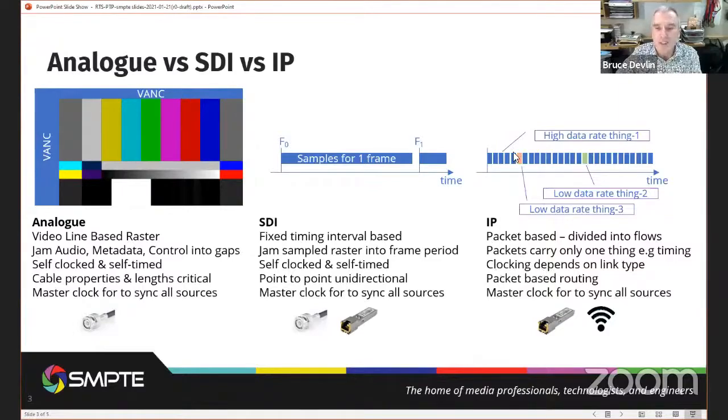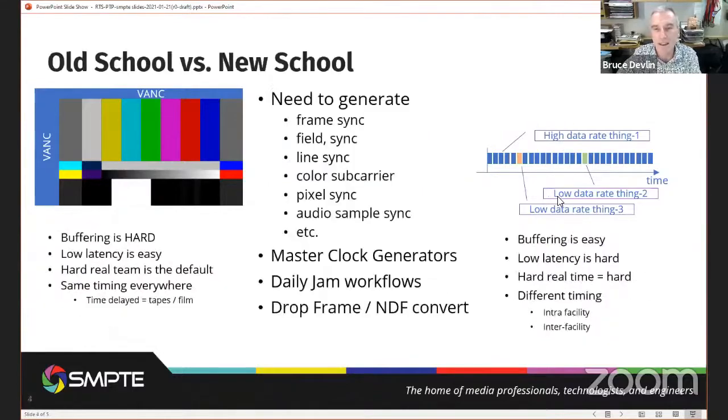Clocking actually depends on the link type. And the timing of all of those packets really depends on having some external master clock that's some huge orchestrator trying to pull the whole thing together. And all the routing was packet-based, so it didn't really matter whether you were point-to-point or star configuration. The packets could flow independently of the way that you put all the wiring together. Really quite bottom-clenchingly terrifying compared to the good old analog days.